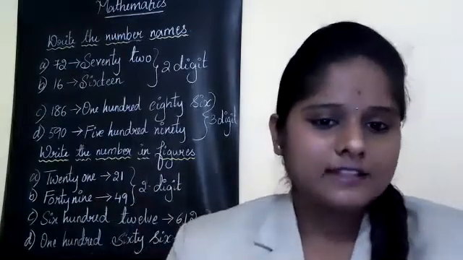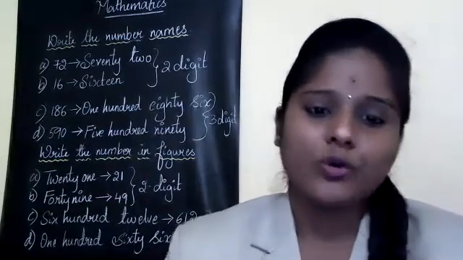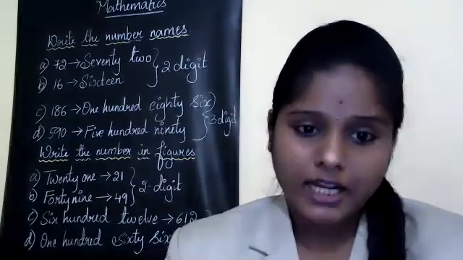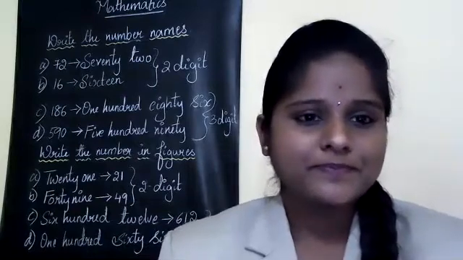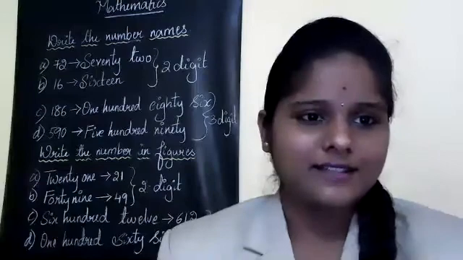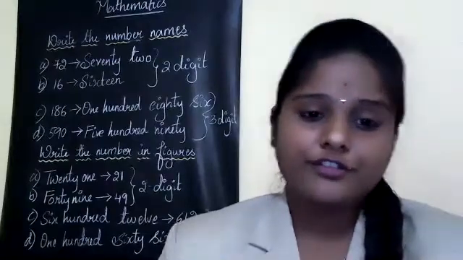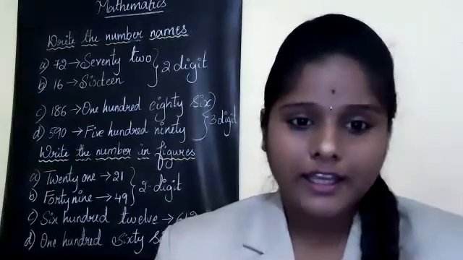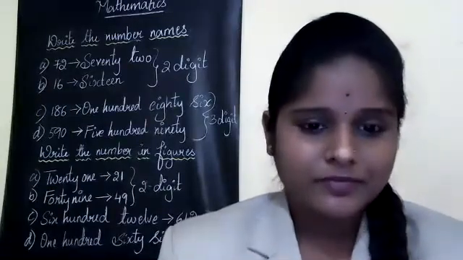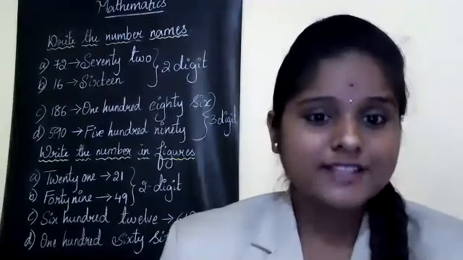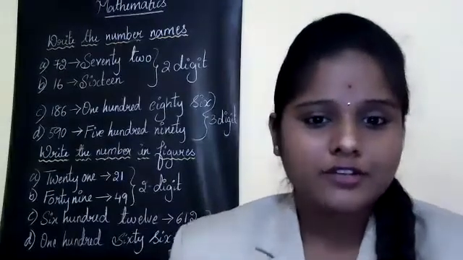Now, the last example, that is the fourth example, is 590. Now tell me which number is there in the hundreds place? 5, isn't it? First we will write down the spelling of 5. That is F-I-V-E, 5. 5 is present in which place? Hundreds place. Very good. So what we will do? We will write down the spelling of 100. That is